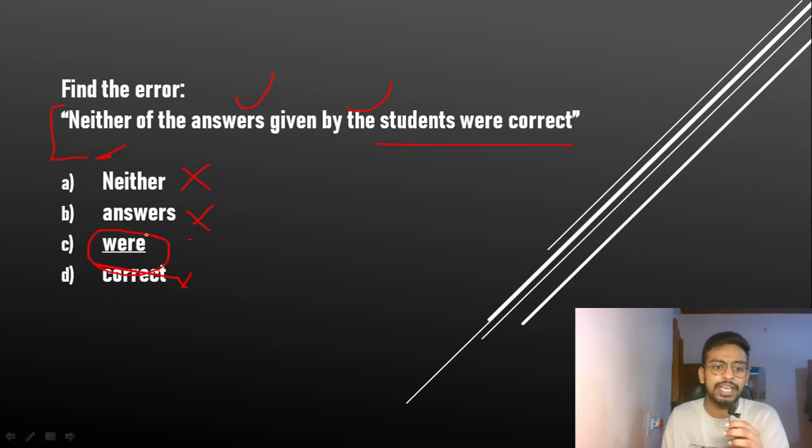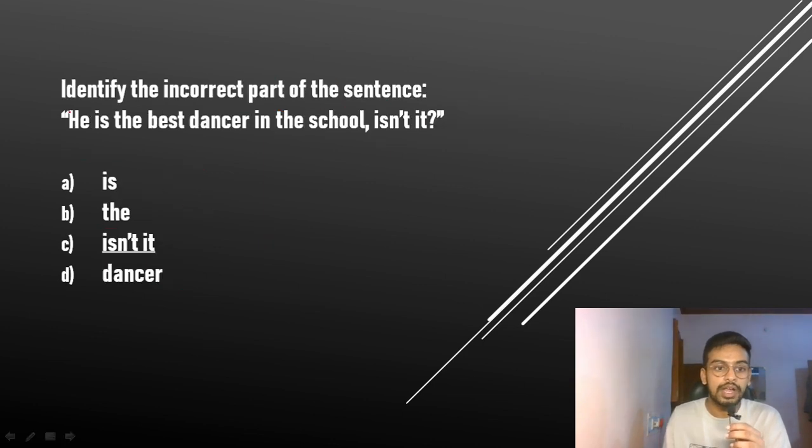Basically in neither, like in 10th and 12th you used to know that one, neither nor, right? So we are using neither nor, not where. If nor is there, then it is the correct answer, and where is the incorrect. So that is the correct answer, where only. Now identify the incorrect part of this sentence.